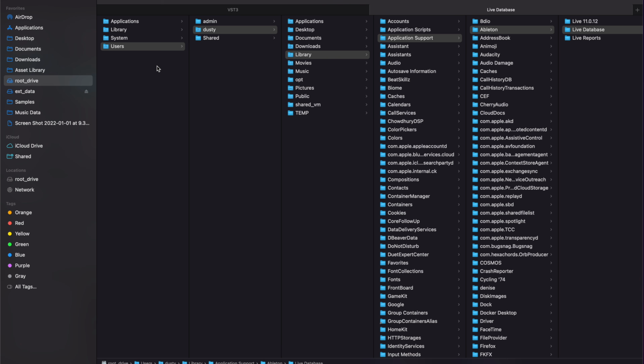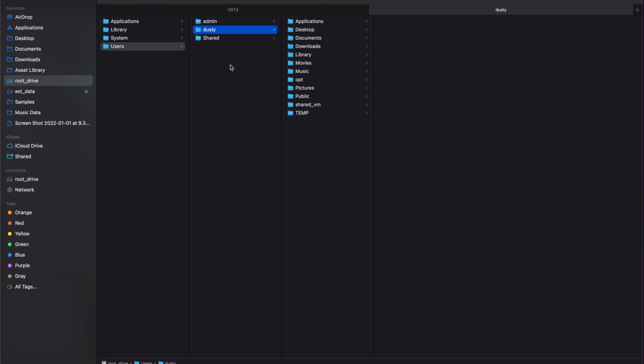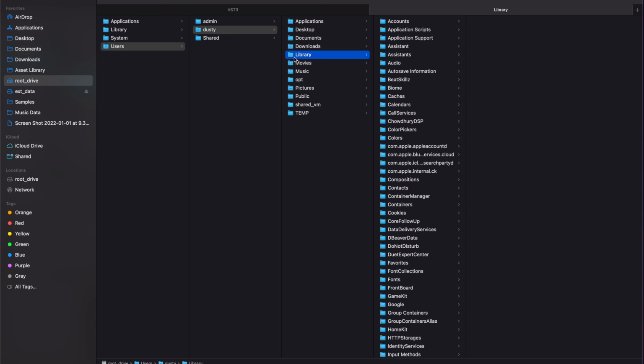account. So you see here, this is the root of my hard drive, right? See, it's my root drive there. And in there, I've got my users folder. This is my profile folder, that's Dusty. And then in Dusty, I've got this library folder, and that's a lot of